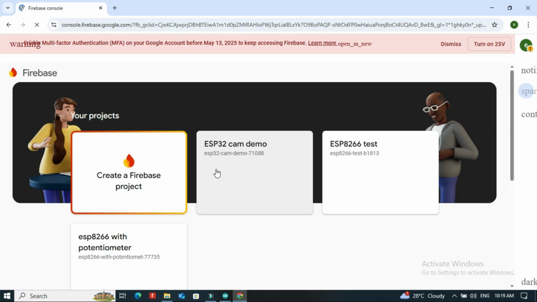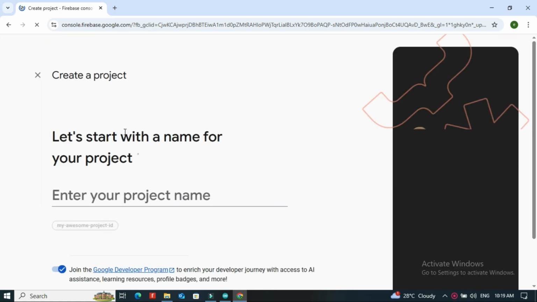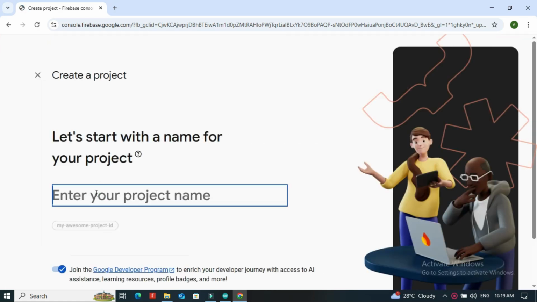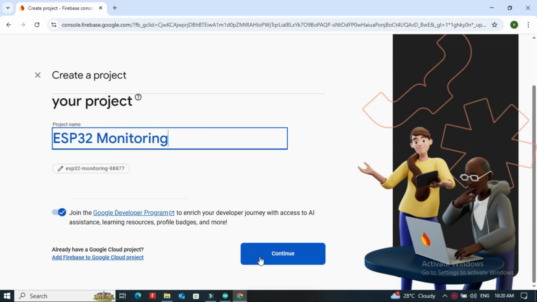Now let's set up Firebase. Go to the Firebase console. Create Firebase project. Enter the name of the project and click Continue button.